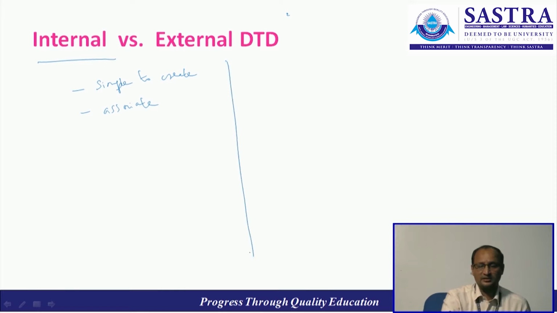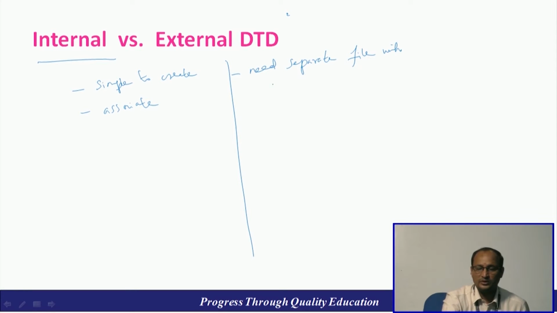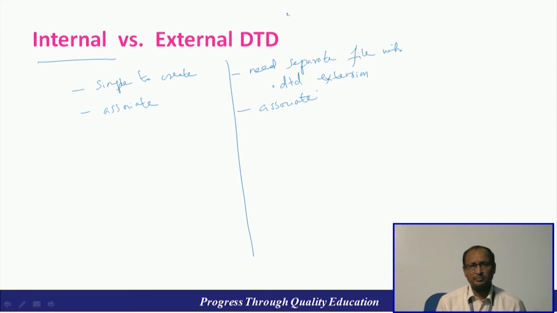The external one is a little bit complex, in the sense that it needs a separate file with a .dtd extension, and it is also easy to associate. The main purpose of using external DTD is reusability. It means it can validate more than one XML document,